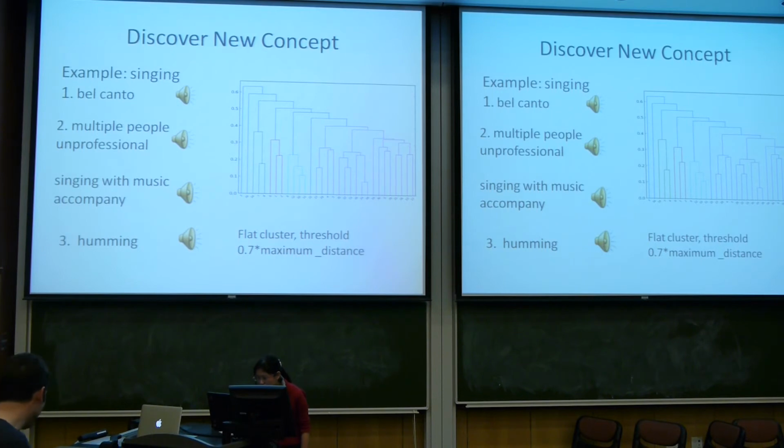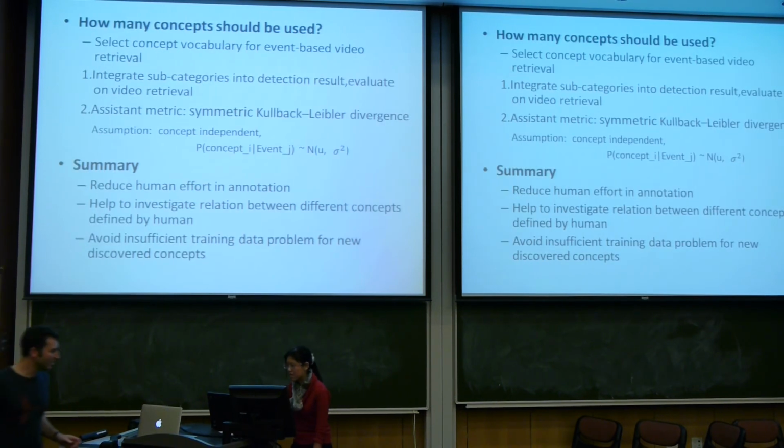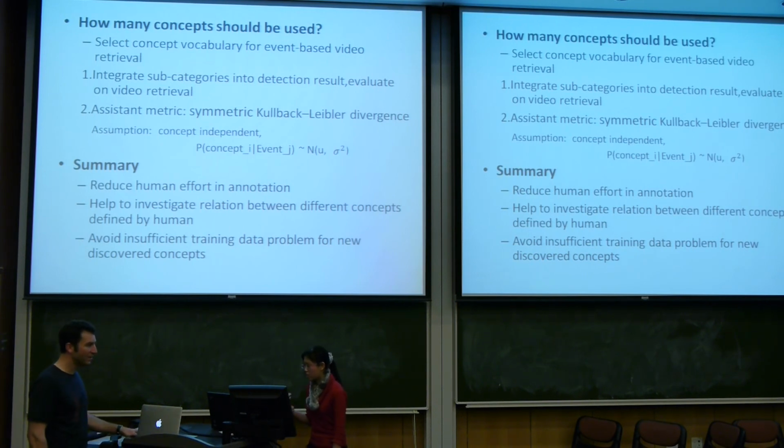So I will run the example. Some newly discovered concepts: like this one is some male canto, some very professional song, and this one usually happens in a birthday party, and also this one is just humming. So the second one is just from the previous class. So we can say that actually now our method cannot distinguish these two classes, but it can distinguish 1, 2, and 3. And so the final question is how many concepts should be used, and we propose a metric